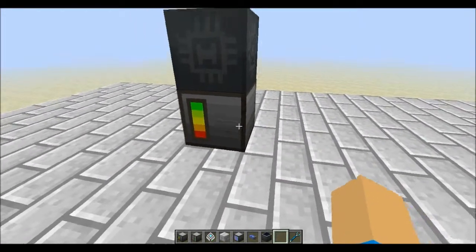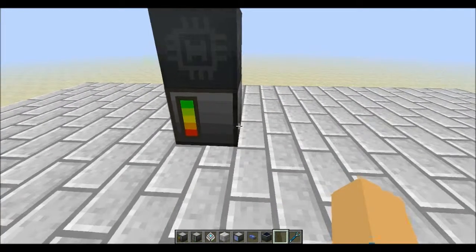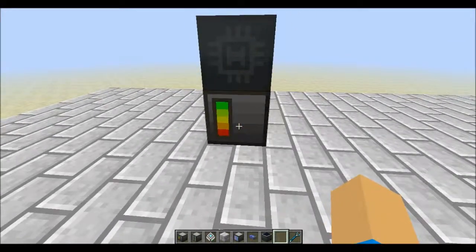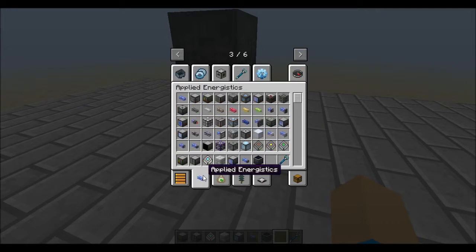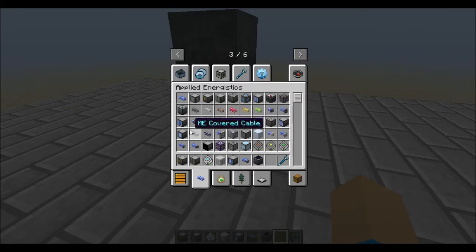Now anything we attach to this controller is going to be considered part of the same network. We only need one controller per network, but we do need this guy because he's going to power our whole network. And in fact, the more things we start to attach to it, the more energy it's going to start drawing. So we'll jump over to our Applied Energistics Creative Mode tab, and we've got a lot of things in here. So we want to use the ME covered cable,